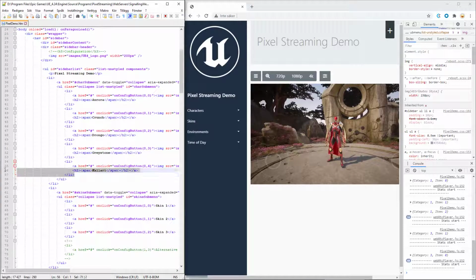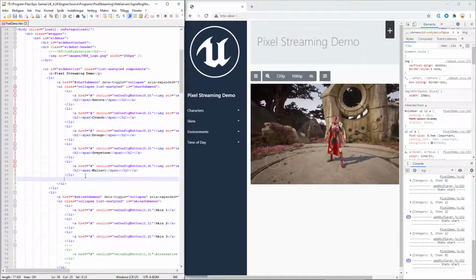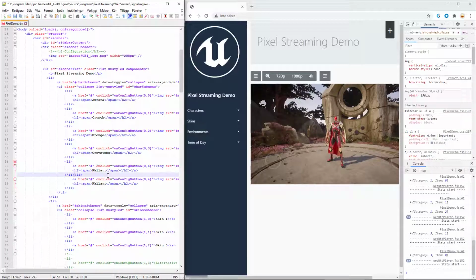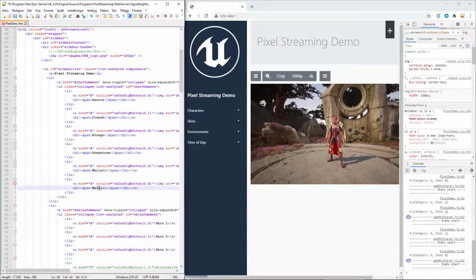Now what I want to do, just to show it off, is add a new button here. We can call this new button. And as you can see, it sends an onConfig button value, which is the category and item values.